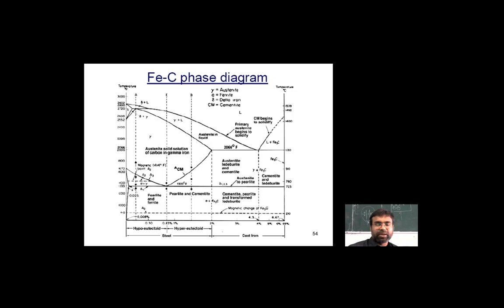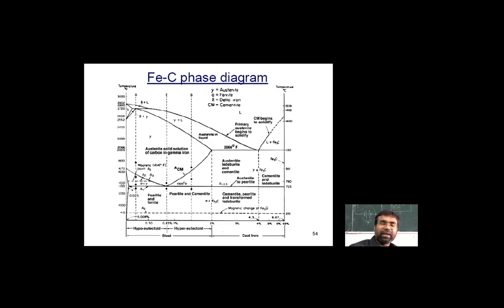As you can see in this figure, there is a compositional range in which the hypo and hypereutectoid are defined, regarding steel only, not cast iron. So we are limiting the carbon percentage to 2%, confining the steel composition, and above 2% we consider it cast iron, because cast iron has a higher percentage of carbon compared to steel. All the steels, the low carbon, medium carbon, and high carbon alloy steels, fall in that region from 0.008% to 2%.